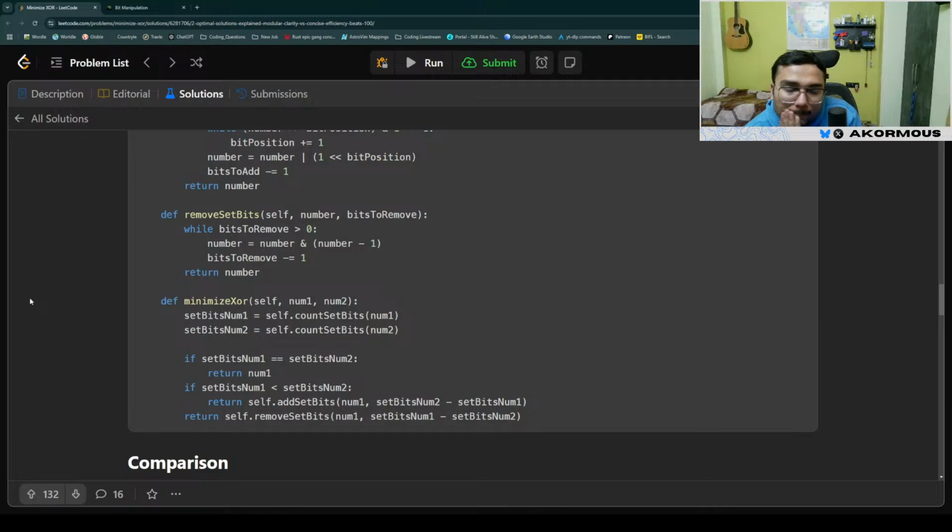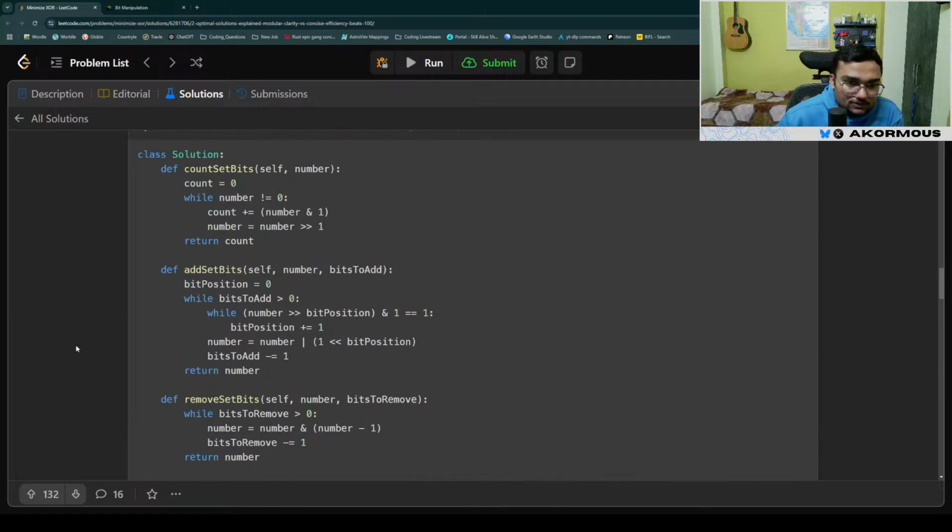If set bits of num1 equals num2, fine; if it is less, then return self dot add set bits of num1 and the difference. Remove set bits of num1 and the difference. Add set bits. Bit position equals 0, while bits to add is greater than 0. While number is